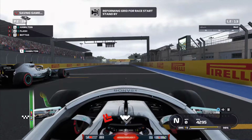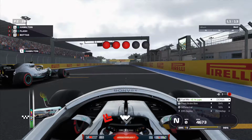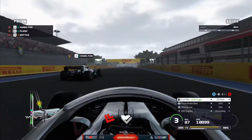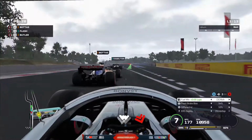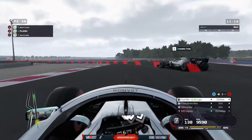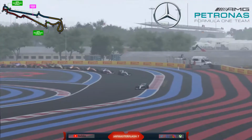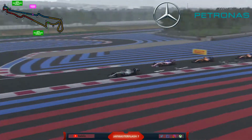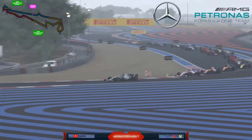All I know is that on any other day, so 3 lights, 4 lights, 5 lights, and then gone. I even beat Hamilton in that start, but because my power is down so low, I just get swamped. Even Bottas in the McLaren, which I was lucky not to take us both out there. The old dive bomb, elbows out, seemed to have worked, but Bottas in the McLaren got overtaken by the